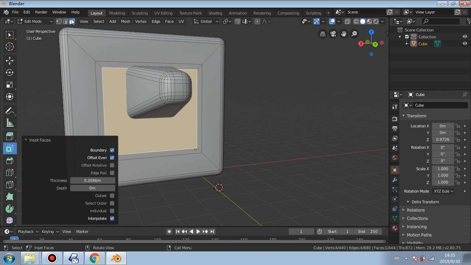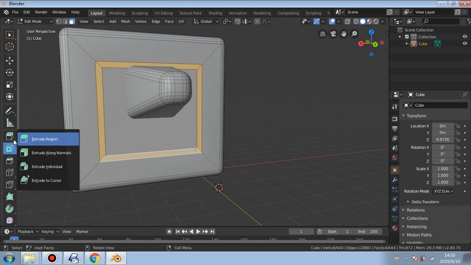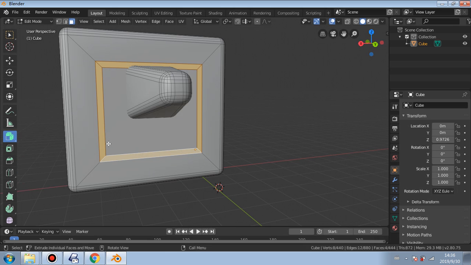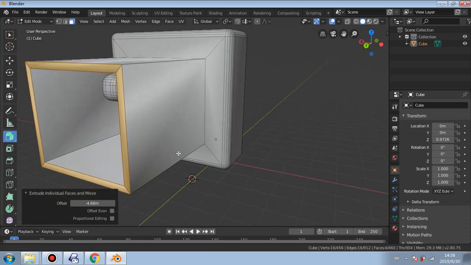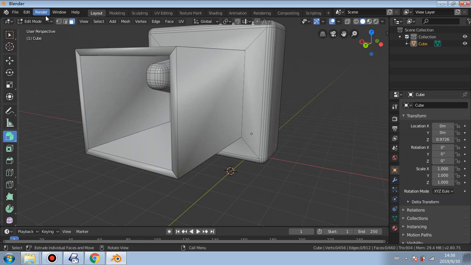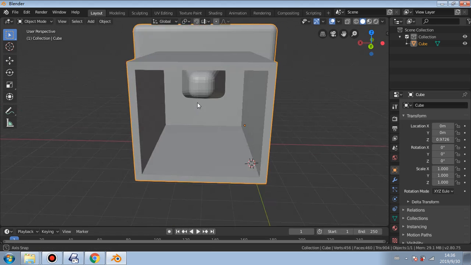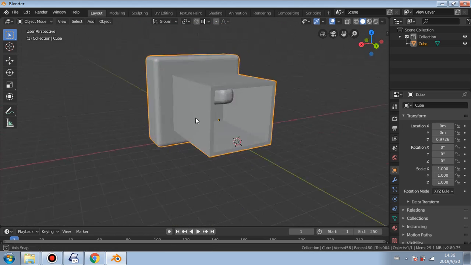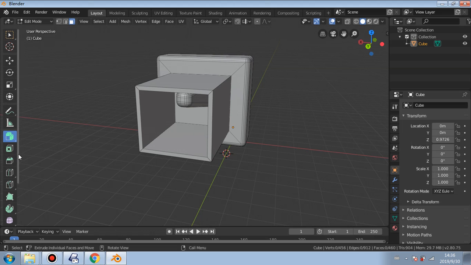I could select individual faces again like this and this, and I could maybe use the extrude tool, also like extrude region or extrude individual, bring them up like this, do different kinds of things. Again, if you're not happy with the look of it, you can click away and also go into things like object mode again, right click and just go to shade flat just for now. All kinds of stuff. Go back into edit mode, go to loop cut, and when you hover over the object,